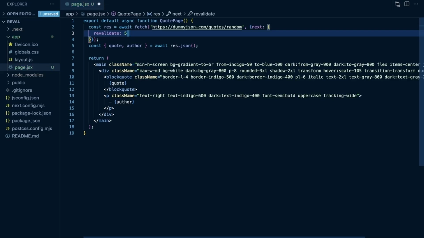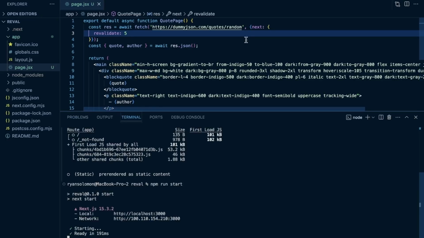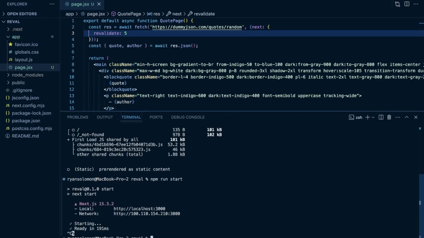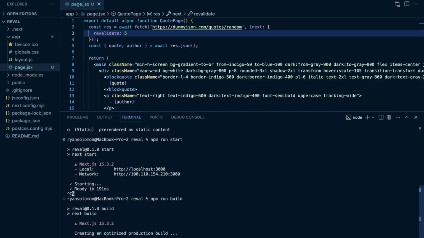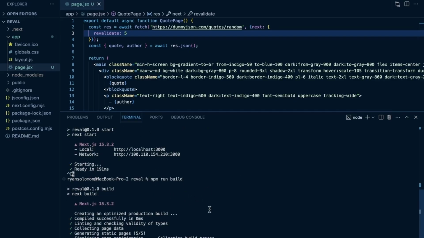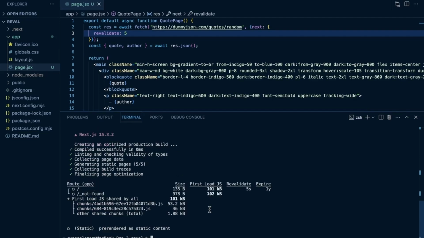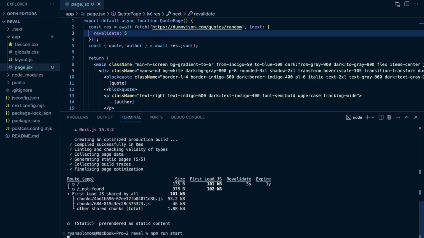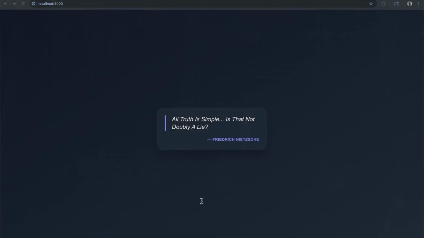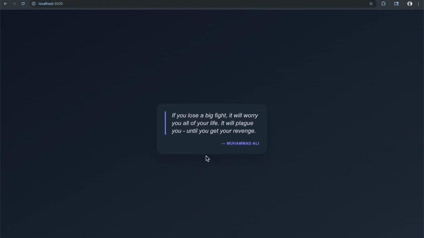So I'm going to pass a 5 in here. So it's going to say basically revalidate this every 5 seconds. If I come back, I'm going to kill this. I'm going to run npm run build. We're going to build it again. I'm sorry, some of that's cut off, but you can see the command I ran. And then once this finishes, we're going to run npm run start and start this up again. I'm going to do a hard refresh just for good measure here. You see, I do get a new quote, but now I'm going to wait a little bit of time here,